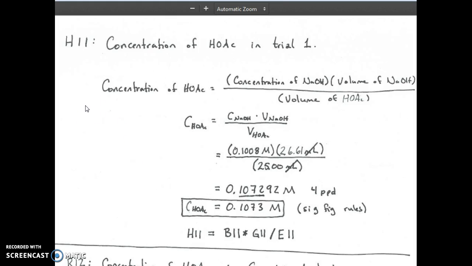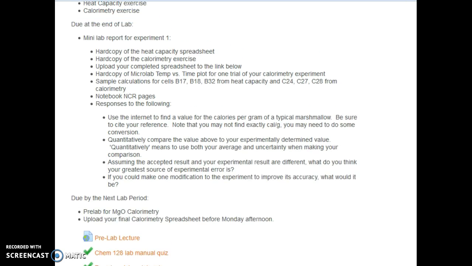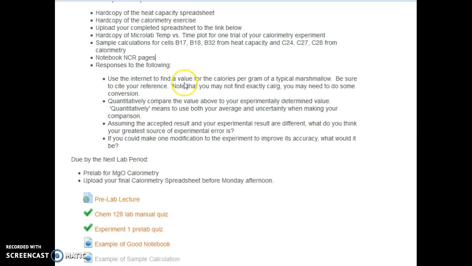All right, going back to Moodle. All right, so we've talked about these first 5 bullet points. Your NCR pages, you're just going to do the carbon copy of the pages that you wrote on. You're going to tear them out and staple them together along with all of these things. And then we do have 4 questions that we want you to answer. So do an internet search to find the value